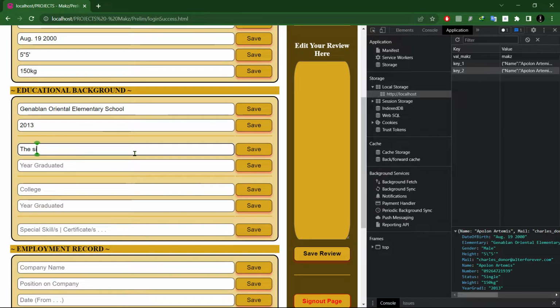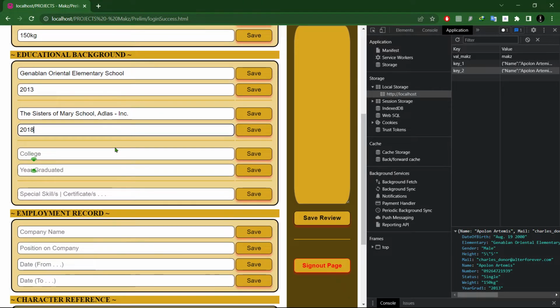High school is the Sisters of Mary, and then year graduated 2018. College, let's say Southville International School and Colleges. Year graduated, this is not yet, because I'm not yet a graduate of college. Special skills, I have computer system servicing NC2,